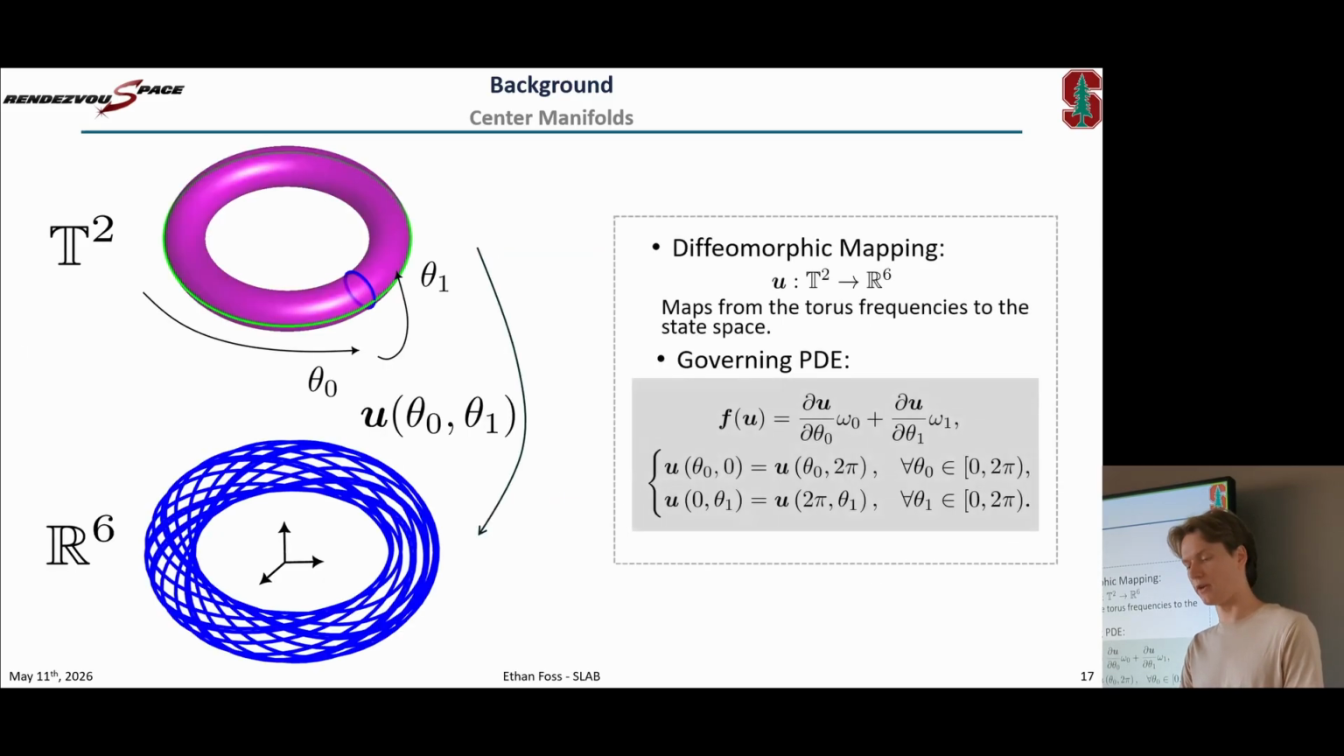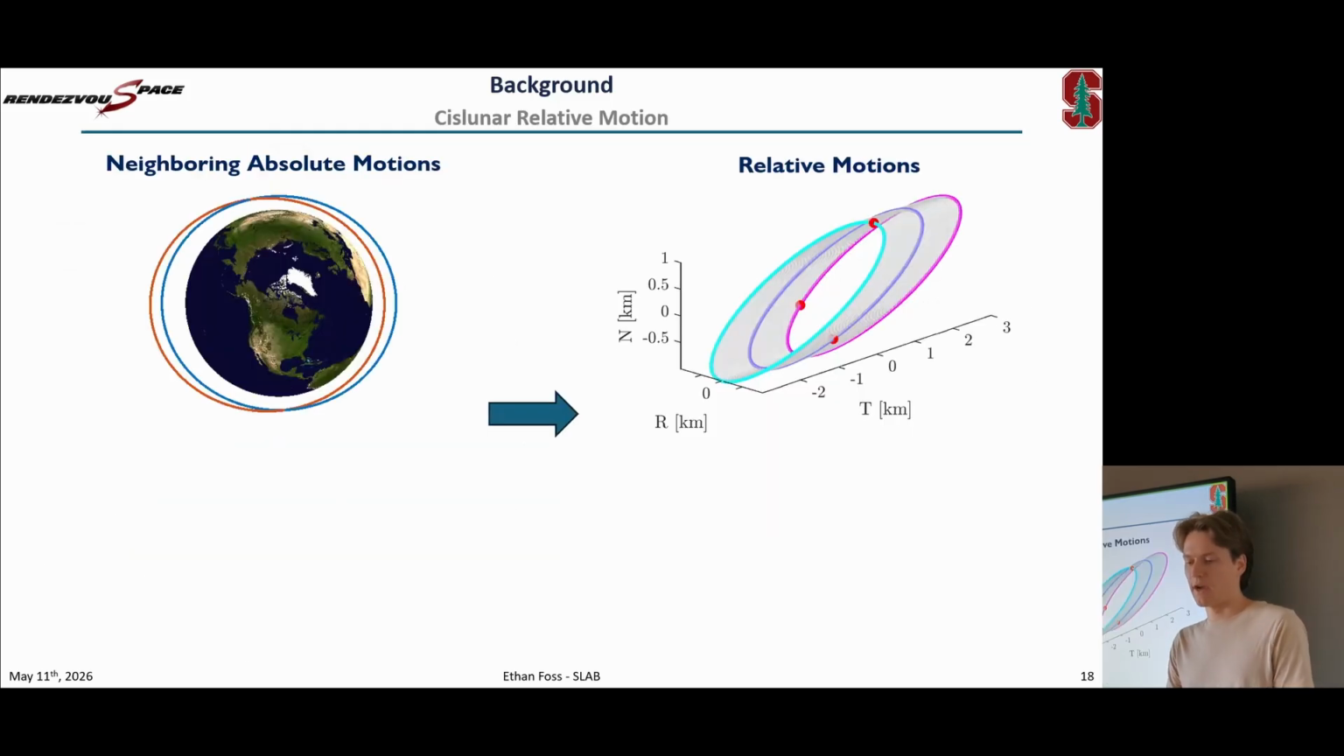And just to outline what this means theoretically, basically what this consists of is a diffeomorphic mapping between tori frequencies or angles along the torus to positions and velocities in the phase space. So with that in mind, let's outline why this is useful or even necessary to consider in the